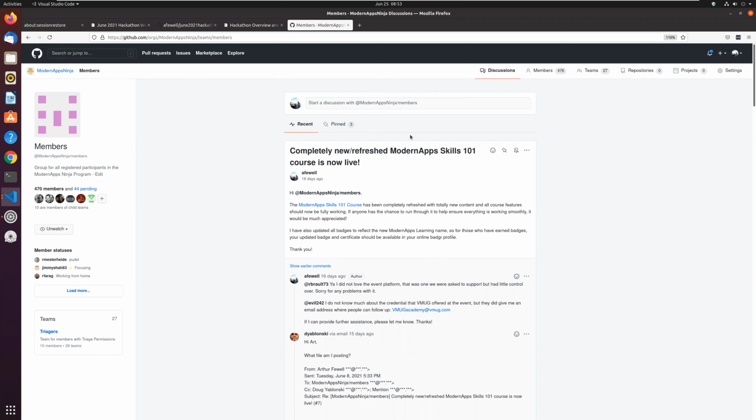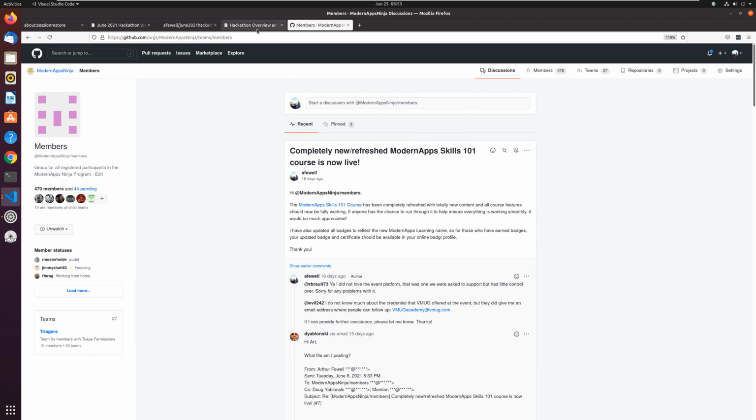There are not that many admins. So if you wanted to draw attention to make sure people are getting notified about your inquiry, you can type in something like @ModernAppsNinja/admin. You can also do that in an issue ticket, if you'd like, to draw extra attention to your issue, if you're eager and working on something and trying to get a response as quickly as you can.